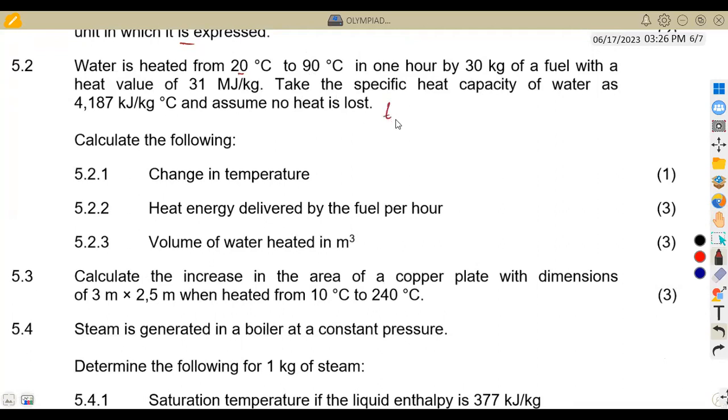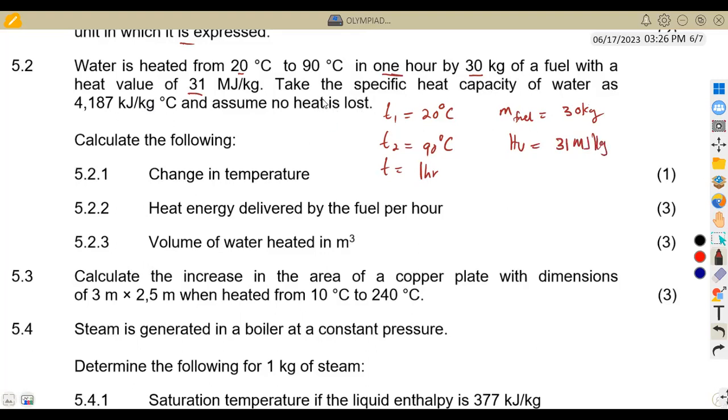So we've got T1, which is 20 degrees Celsius, to the second temperature of 90 degrees Celsius in 1 hour. So we are given the time frame of 1 hour, by 30 kg of a fuel. So we are given the mass of the fuel, which is 30 kg, with a heat value of